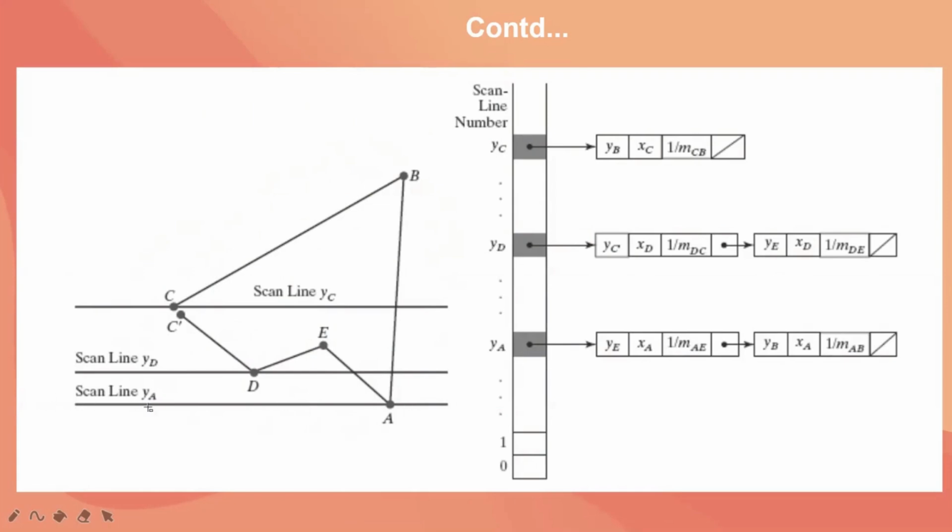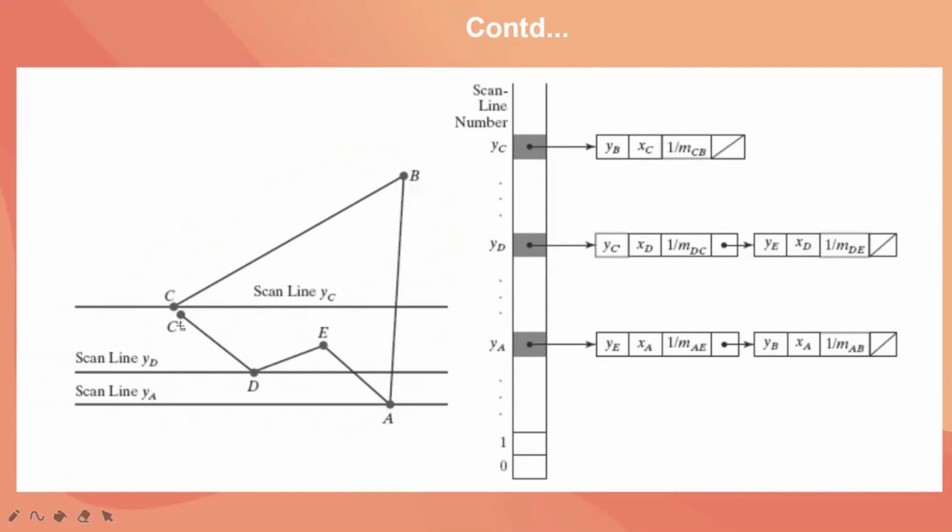Now as I can see here the scan lines hitting my y-axis, I have to give the name as scan line Y. So it's hitting the first vertex point; let me take it as YA. Next one, it is hitting my D; let me take it as scan line YD. Now here you can see it's hitting here, so let's take it as scan line YC. You can see the difference: C and C dash have not been touched.